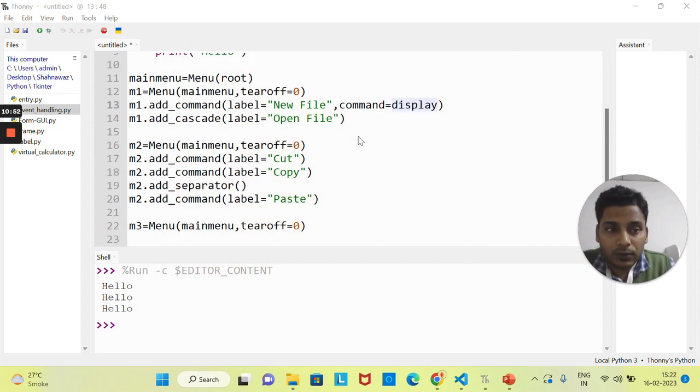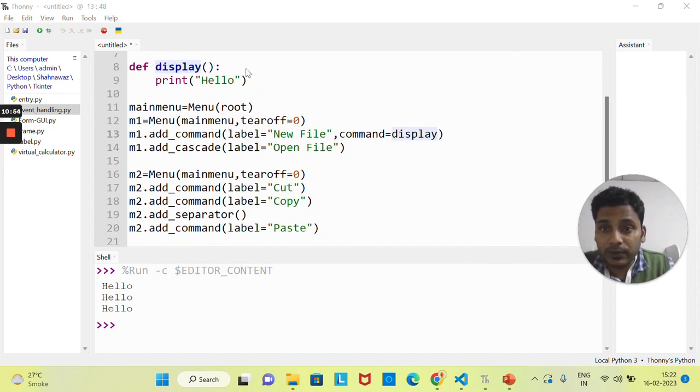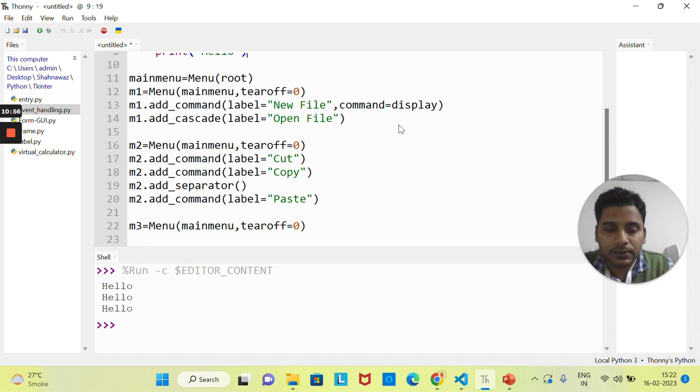So I want to open a new file, like if someone opens with this new file, right? That part we will cover in the next classes, right? In this session we have just finished what menus are, what submenus are, and how we can add some menus inside a menu. Hope all of you